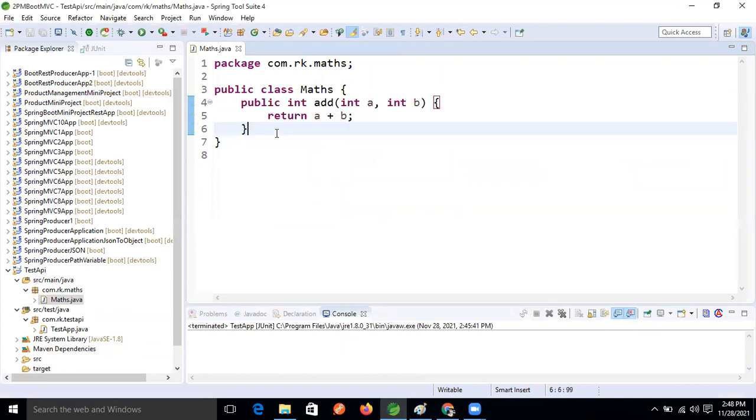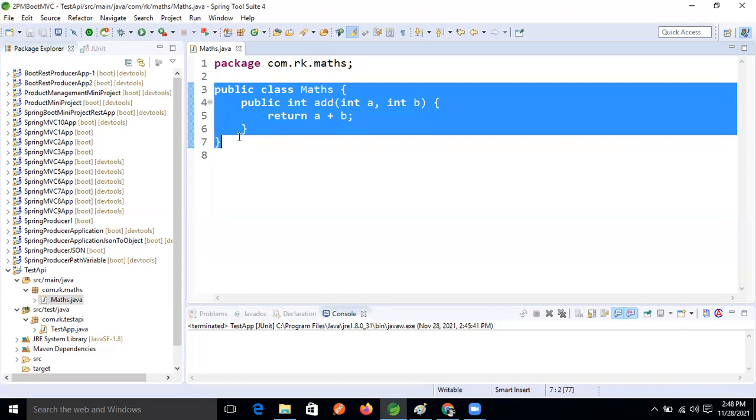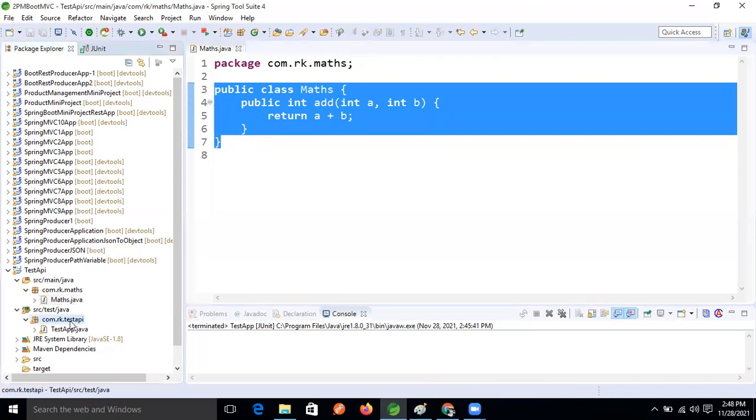Based on our expectation, is this API working or not? Yes, we have to test it. So now I'm going to write the test cases. See this, how we write the test case class in real time, guys. You have to follow the naming convention at the time of writing the test case. So I'm going to write the test case for this API now.